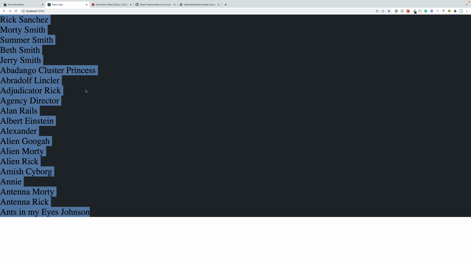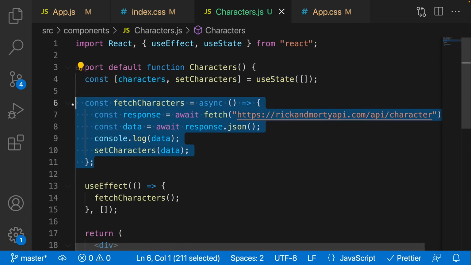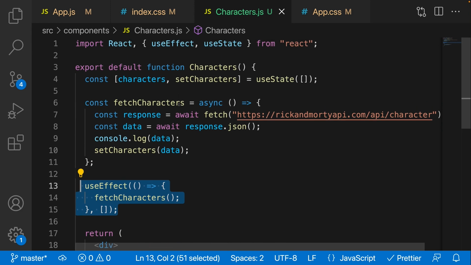So this worked. However, you can see that this was a little bit of a hassle. We needed this useState. We needed to create this function. We needed this useEffect. You know, it was a little bit of a hassle. Plus,